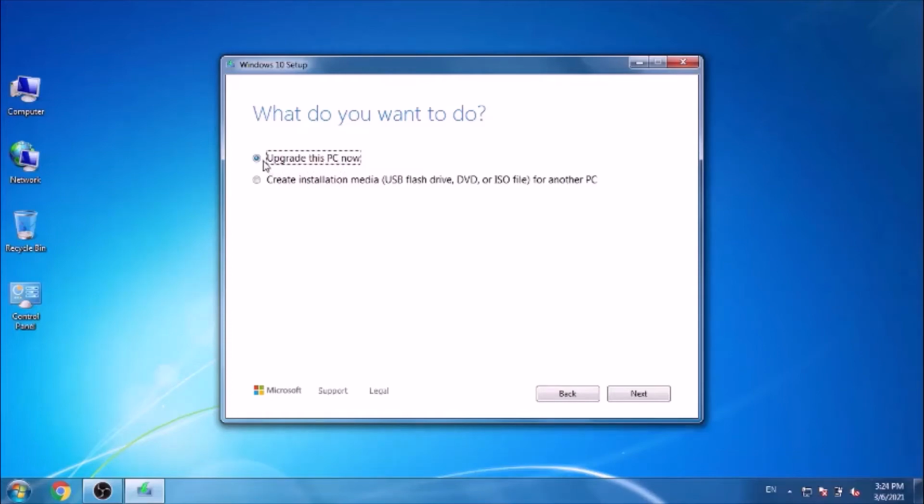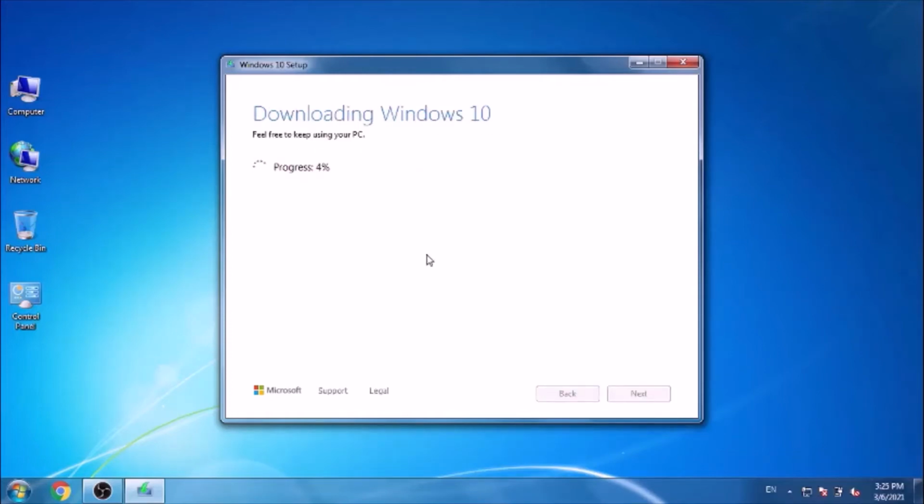Just click next. It has started downloading Windows 10. As per your internet speed, it will take some time to finish. So be patient until it finishes. Now still downloading. Now it's completed.